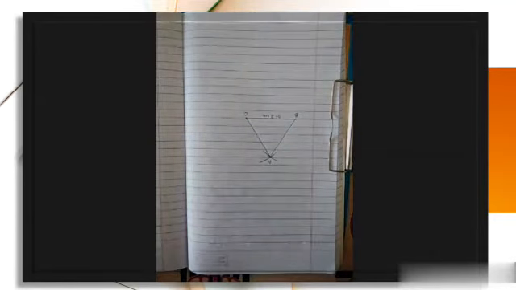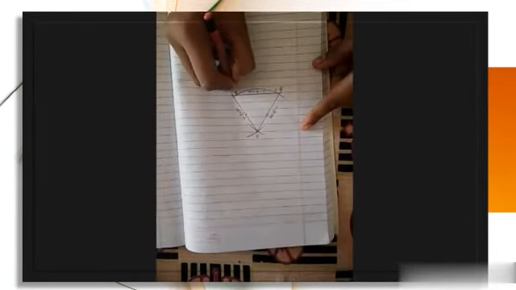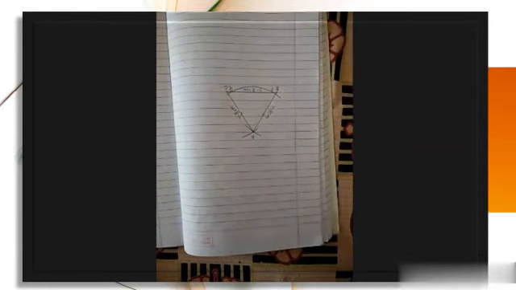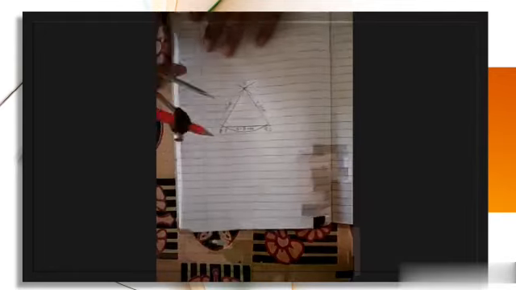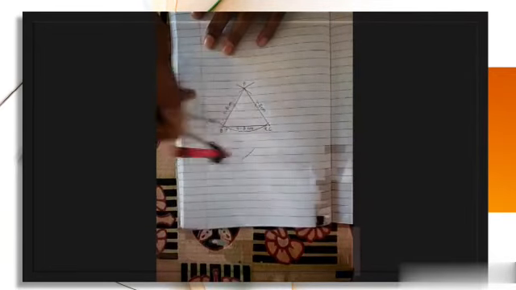Now you have to draw AD perpendicular. So A is external point. With A as center and radius, increase in such a way that it will cut BC at two distinct points, P and Q. With the same radius, or you can increase. With P and Q as center, draw arcs which cut each other at X.